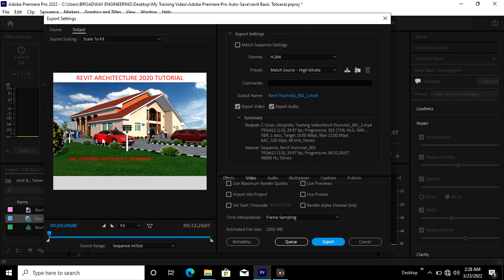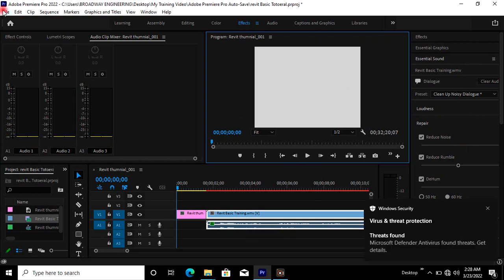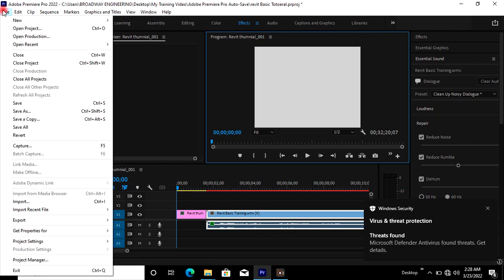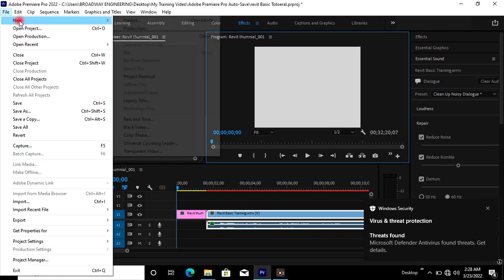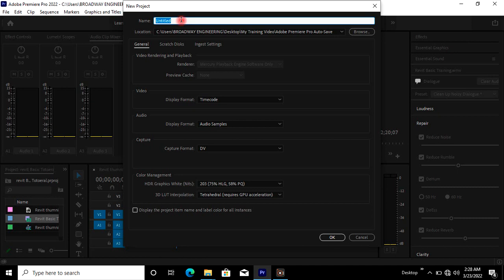Then now let's assume you want to render. Let me show you another way which you can equally render. What you need to do now is, when you have opened your Premiere Pro, it is already opened here. So I will now go to file. When you go to file, you choose a project where you want your file to go. You now type the name. After typing the name, I might say